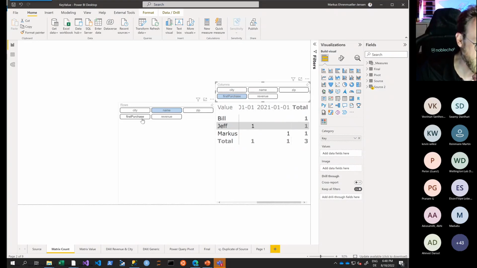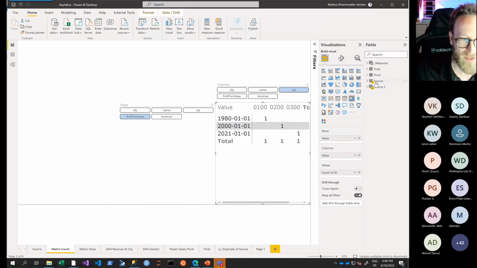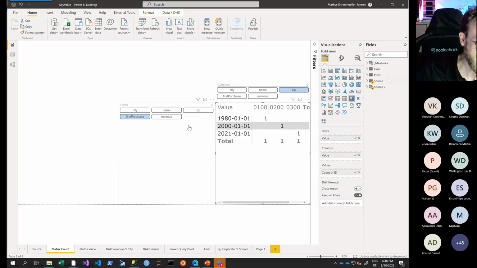Or maybe this is too long. So I put the purchases in here and put in the zip codes there. So this is extremely flexible for seeing things here. And I built this by having the source table 2 times in here. So I loaded it 2 times. That's a disadvantage here, because this